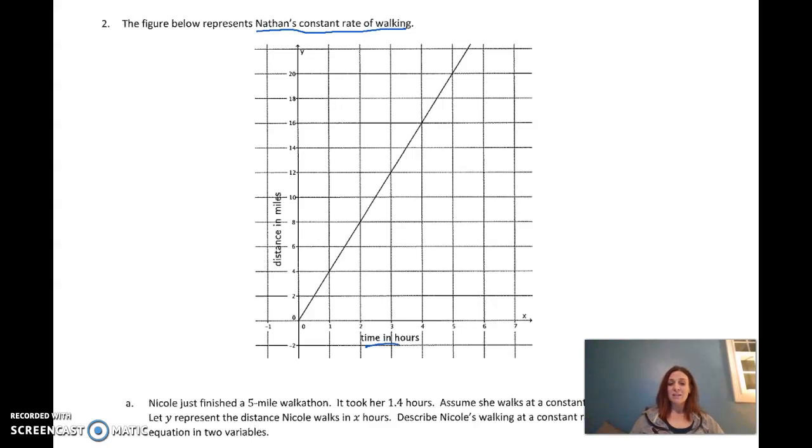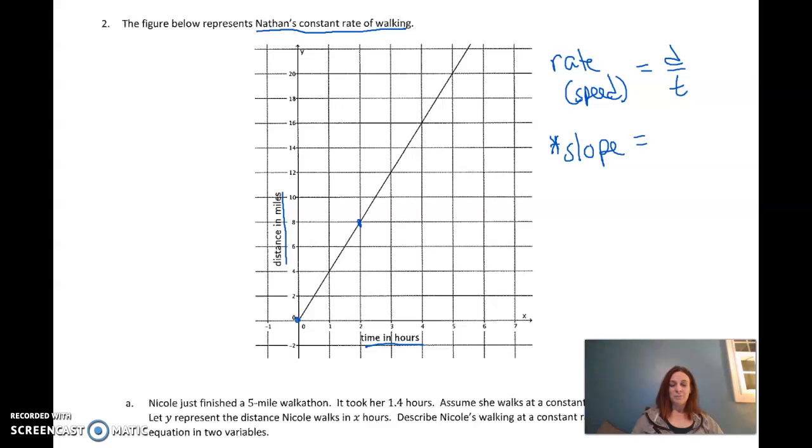Our x-axis here is the time in hours. Okay, so this tells us 1 hour, 2 hours, 3 hours. Our distance in miles is on the y-axis. So his constant rate, remember his rate or his speed, is distance divided by time. And the truth of the matter is, guys, it's basically like finding the slope. It's finding our rise over our run. So if you pick 2 points, actually,